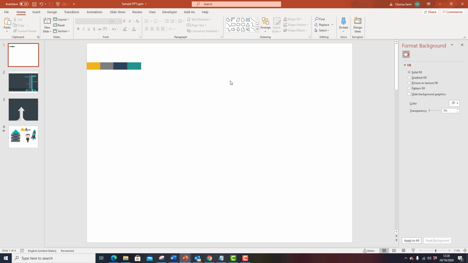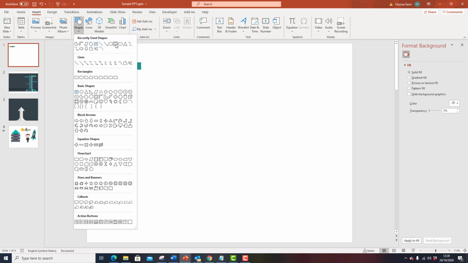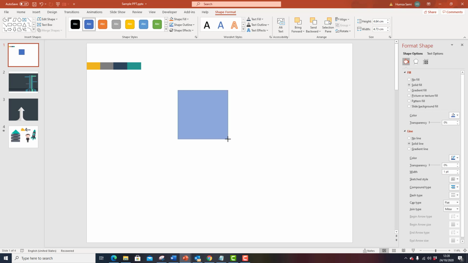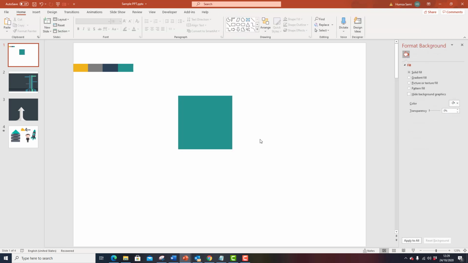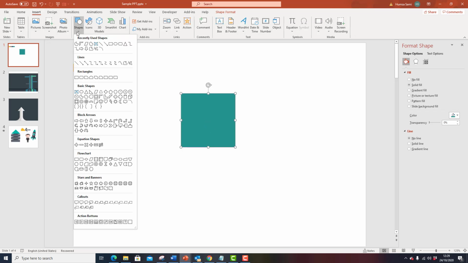So let's say in this case I want to quickly create a 3D presentation, or one that has a popping out effect. The first thing I'll do, as I told you, step one, is to create a shape. So let's say this is my shape and I want to create a 3D impact. Let me use this color from my logo. And to create a 3D effect, I will use something,